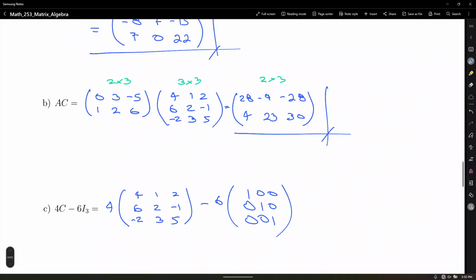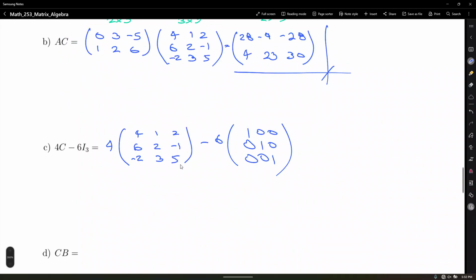All right. So multiply all the elements of the first matrix by 4. Okay, so that is 4 times 4, that's 16. 4 times 1 equals 4. 4 times 2 equals 8. 4 times 6 is 24. 4 times 2 equals 8. 4 times negative 1 is negative 4. 4 times negative 2 is negative 8. 4 times 3 equals 12. 4 times 5 equals 20. We're going to subtract